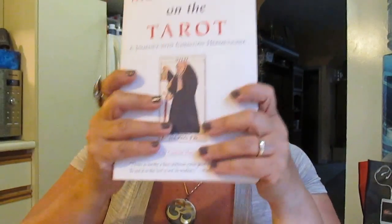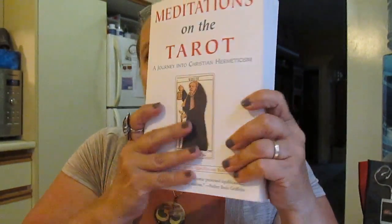And I'm going to show you this because I don't know if I showed it to you before when I got it. I don't think I did a haul that included this book. I found this at a Value Village, and it's called Meditations on the Tarot. This baby is a tome. Look at it. It is huge. It's written by,